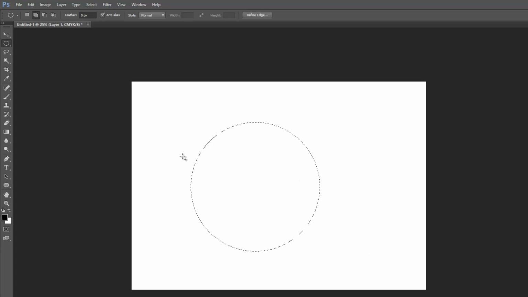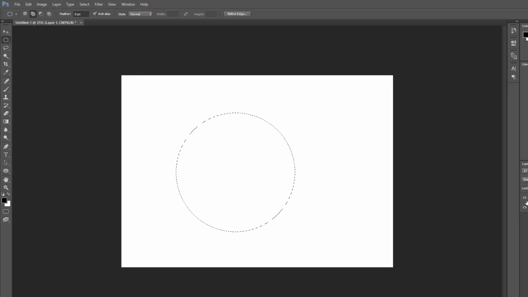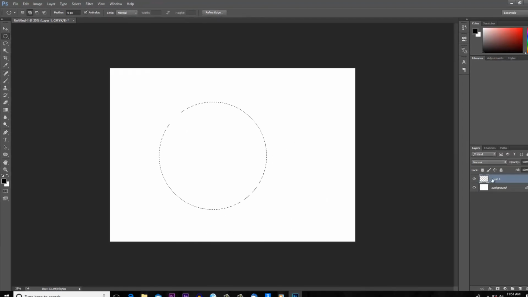The selection that I have made is going to be on this layer 1. I can come and do a subtract from selection, for example, and highlight like this. So you see what that can do. I can keep doing that until I have what I want. I can do very interesting stuff here. Let's say this is something that I want, but I could not get it with the shapes.